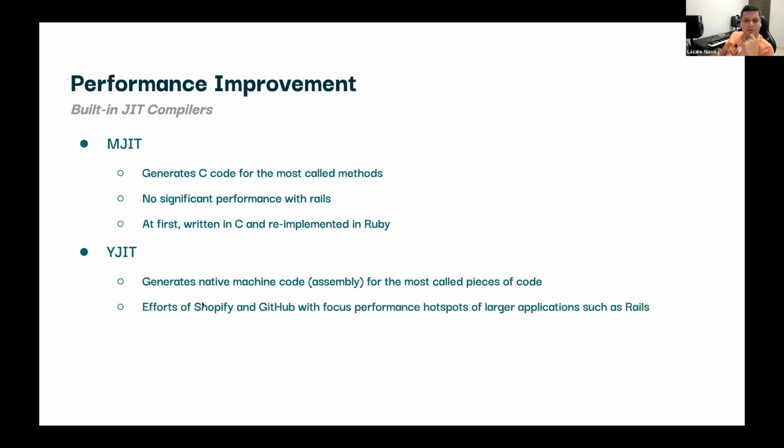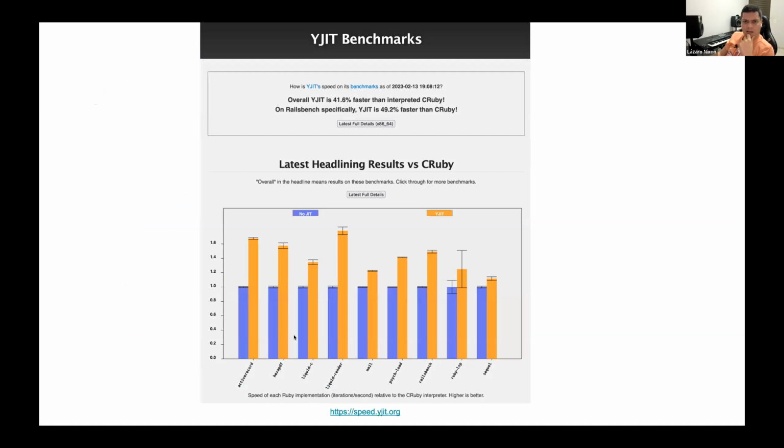It was an effort from Shopify and GitHub. We focus on the performance of Rails applications specifically. This is the advantage of having a Ruby that works mostly with Rails. At first it was written in C, and in Ruby 3.2 it was implemented in Rust because it was easier to implement, I think.